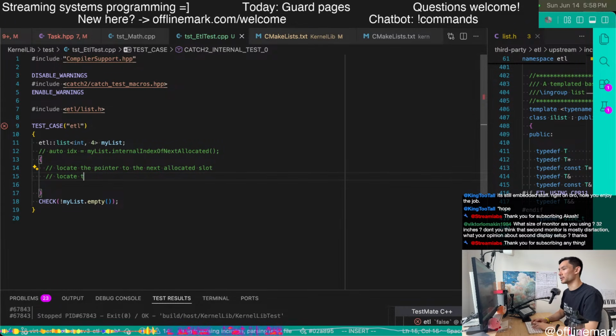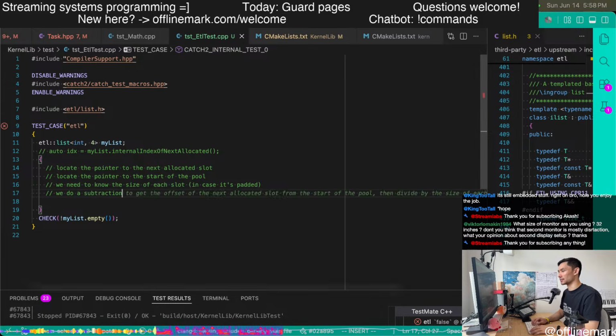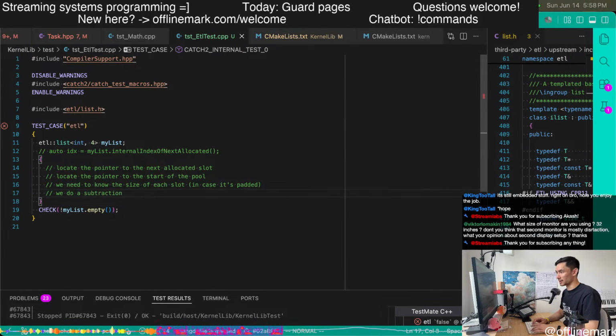We need to locate the pointer to the start of the pool. We need to know the size of each slot in case it's padded. Then we do a subtraction. That's really the main concept here. And so the first question is,